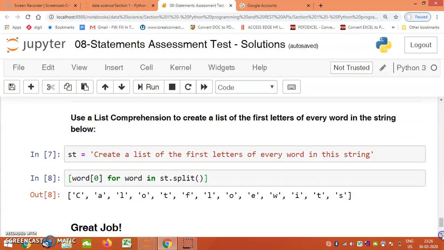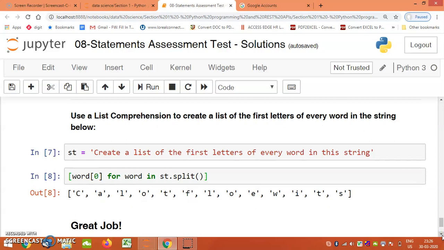In order to do this, I will use something called st.split. st.split will give me a result as a list. I have shown you that. Now what I want is to display the zeroth character of each word. So for word in st.split, what will word give me? For word, it is like for var in range of 1 to 10. Whenever we say for var in range of 1 to 10,